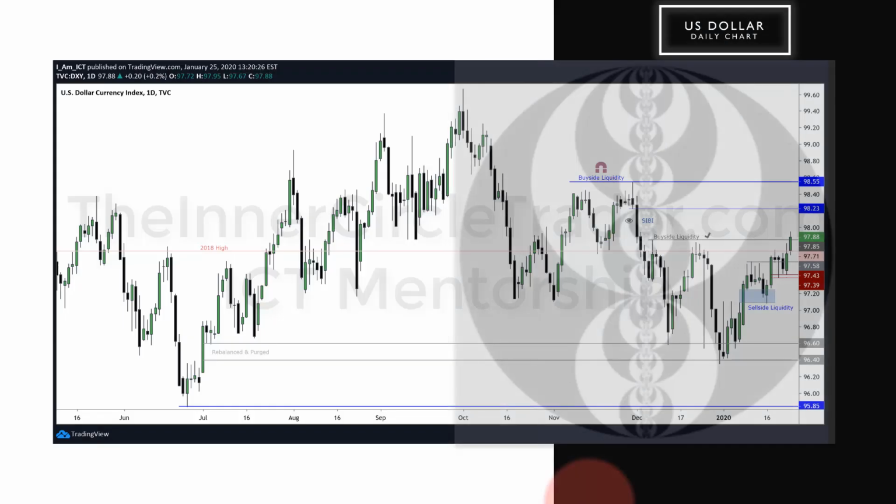Moving on to dollar index, this is our daily chart. As you can see, we had a really handsome run up into our buy-side liquidity pool we were looking for. The next draw on liquidity is the equal highs here. Okay, so what I'm watching is how we're going to trade inside this SIBI. Okay, there's nothing saying that it's going to go up there or up through these highs yet, but I'm watching to see what we get in terms of price action in here.